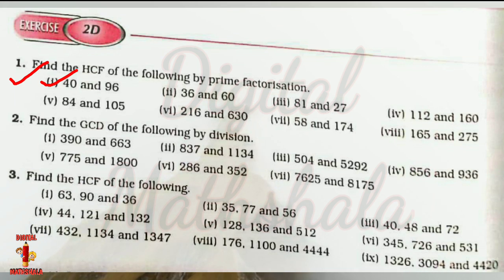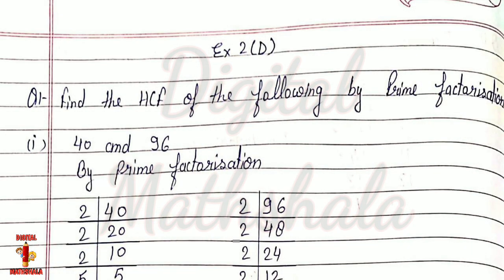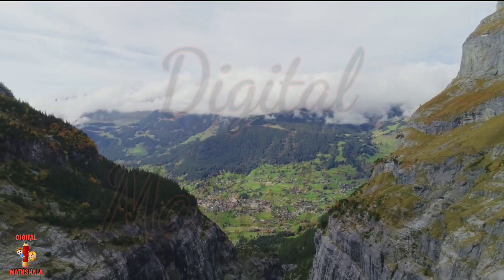Now in this exercise we have to find the HCF of the two numbers. Let us look at how we will solve this. So children, as you know, there are two methods to find the HCF of the given numbers. One is prime factorization, that I am going to explain, and another one is the successive division method that you will also solve in this exercise. So first we will find the HCF by the prime factorization method.